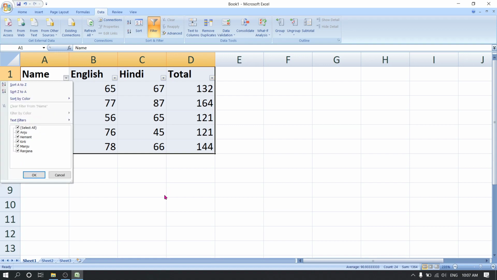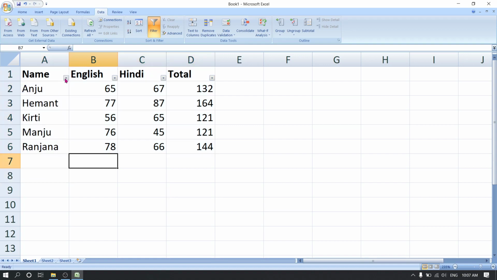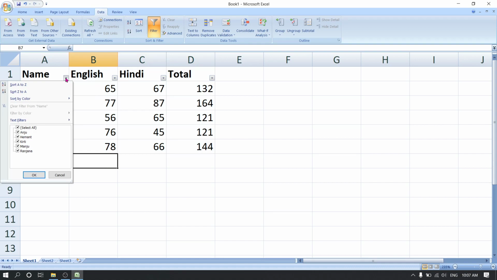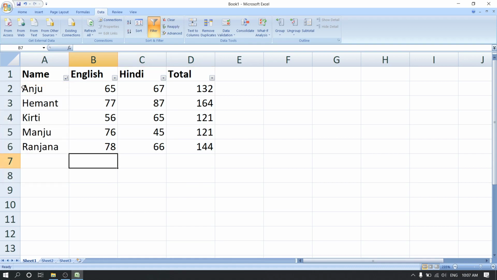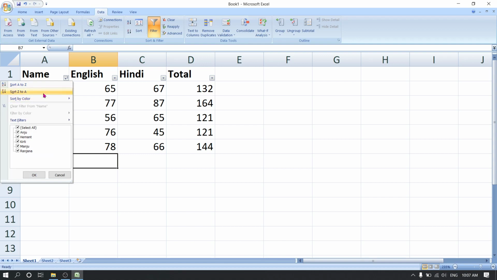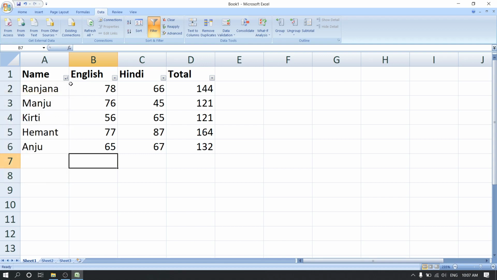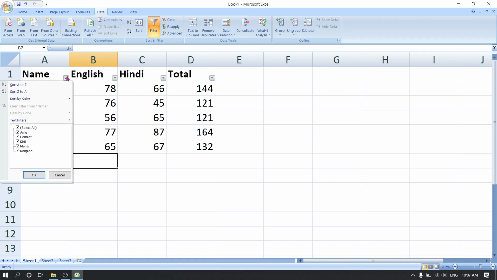See here, now you can sort it. As soon as you click, you can sort from A to Z here, or from Z to A, like this. It is not that only the first row is changing. The marks for them are also changing automatically.